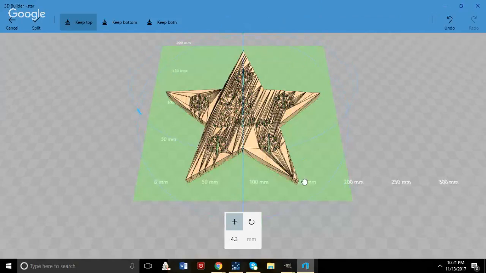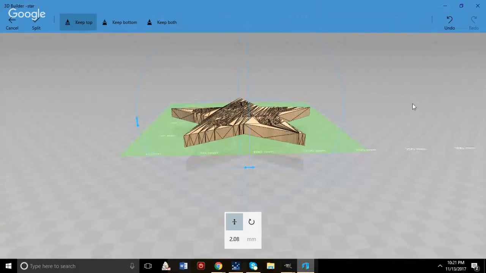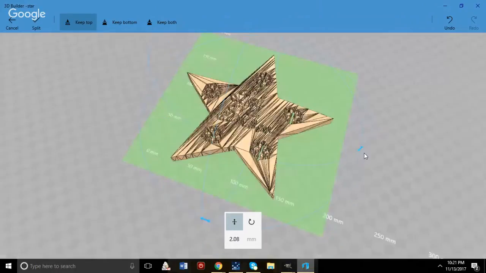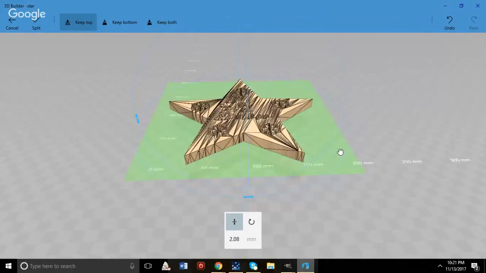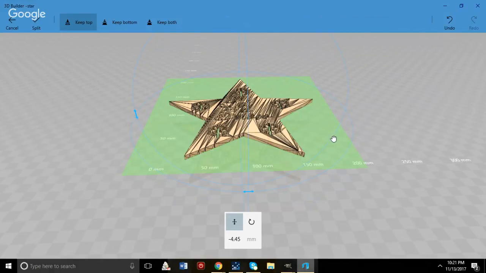This layer here lets you control how thick it is. And you can move this around like so by using your mouse. And you can get a good idea of how thick you want it. Since this is a Christmas ornament, you don't want it too thick. So probably like, what about there? That's not bad. Maybe